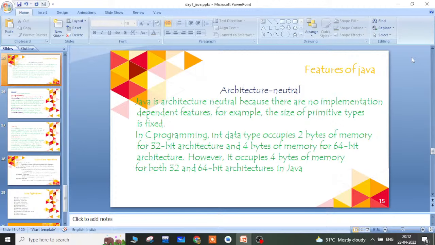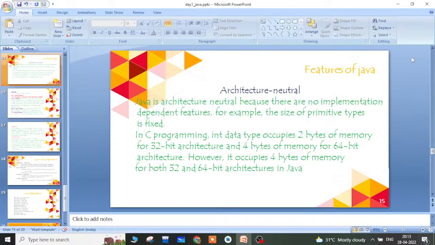Suppose in C programming, if you are using a 32-bit processor, an integer will take only 2 bytes, whereas for a 64-bit processor, an integer requires 4 bytes. So it changes from machine to machine, from architecture to architecture.